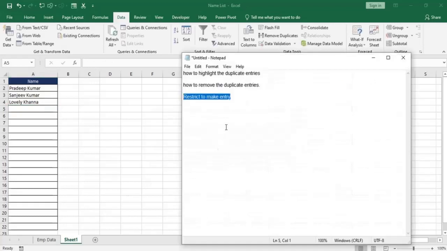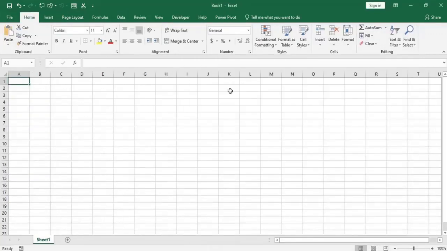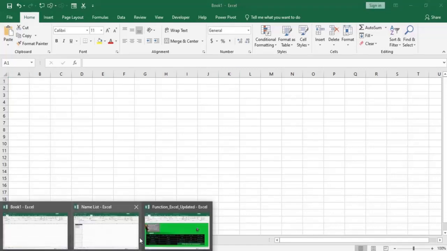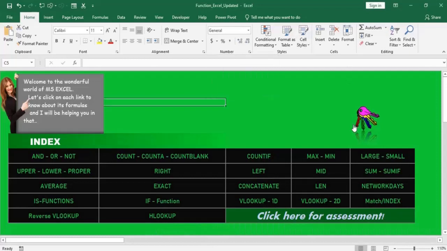So friends, these are the functions and tricks that you can use in your offices or in your workplaces even more better and easy. So friends, adding on to this, we have so many functions and formulas in Excel that we can use, but before that we have to know and learn about those formulas. And in order to learn and know about these formulas, I have prepared a file for you guys which has most of the formulas that we use while working in Excel.